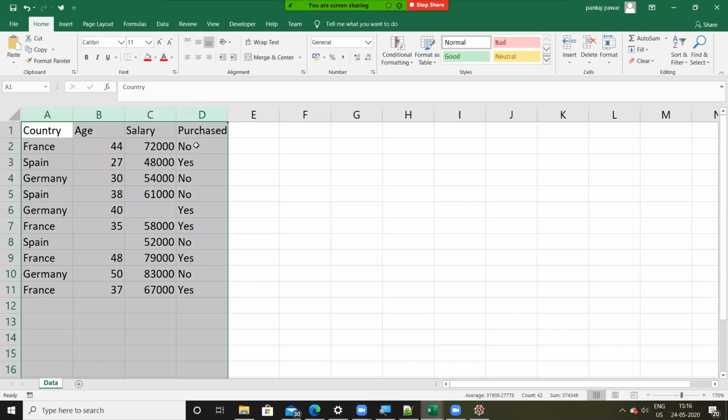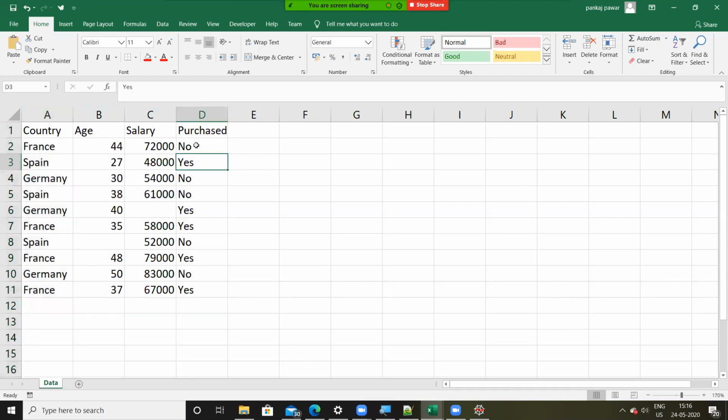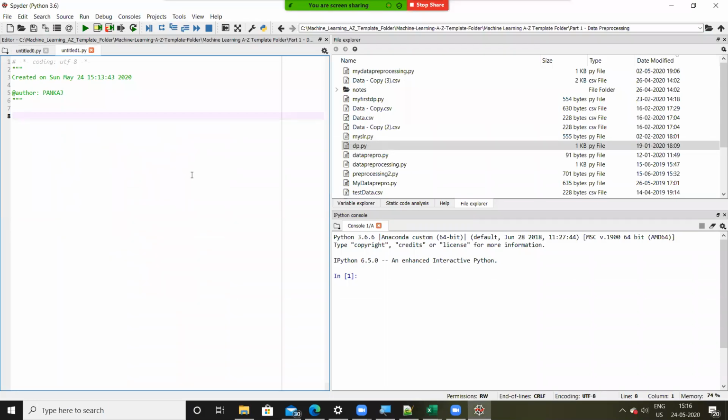In data pre-processing, the first step is reading the data, and to read the data we are taking the help of the pandas library. So that's import pandas as pd. Then we read the data in a variable. Let's call that variable dataset. So we say dataset is equal to pd.read_csv. Since our dataset is in a CSV file, we are using this function called read_csv.